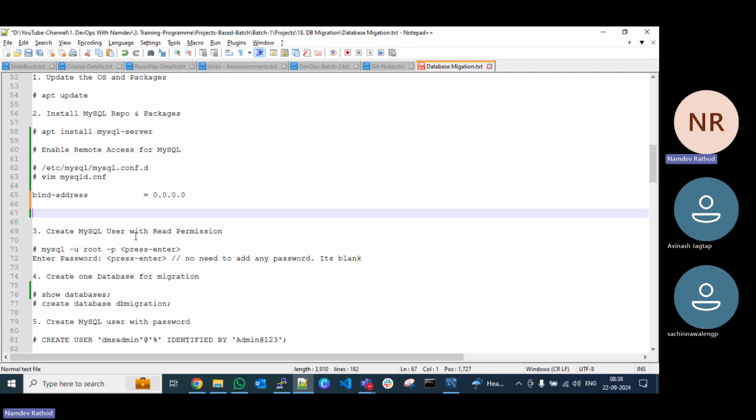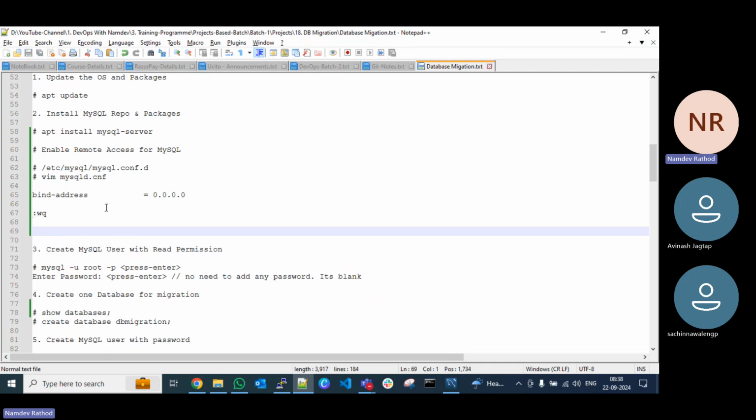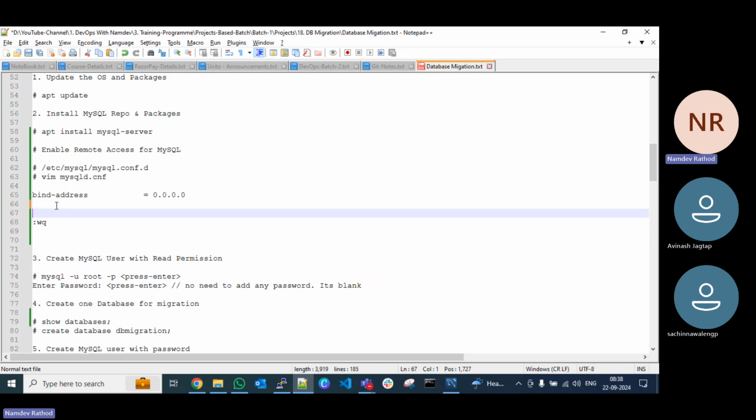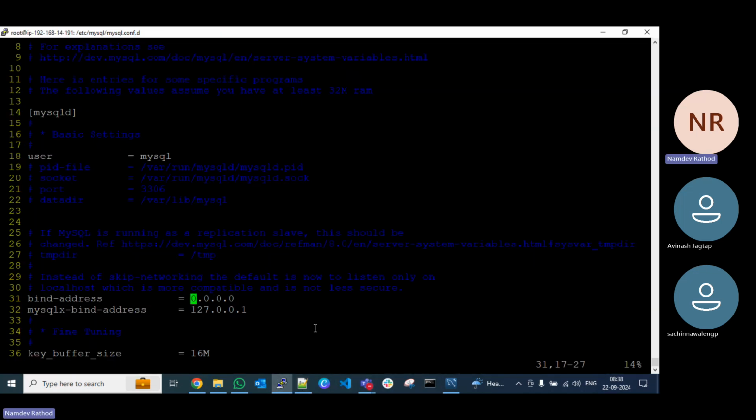All right, and then shift colon WQ to save the file. Right, so here don't get confused. Save and exit the file. Right. Press escape, shift colon. Right, now